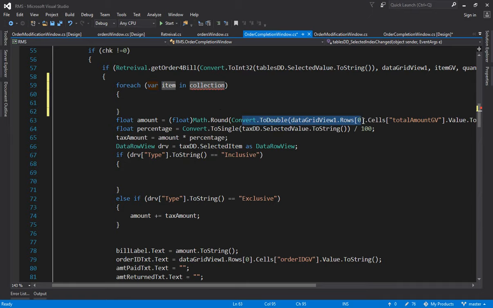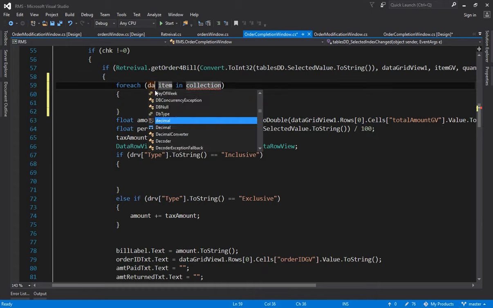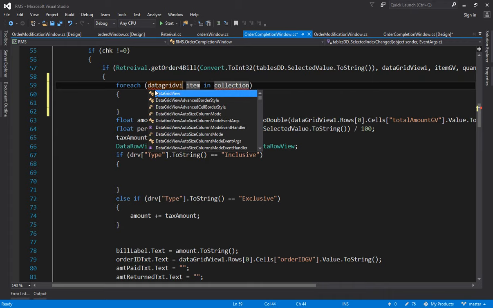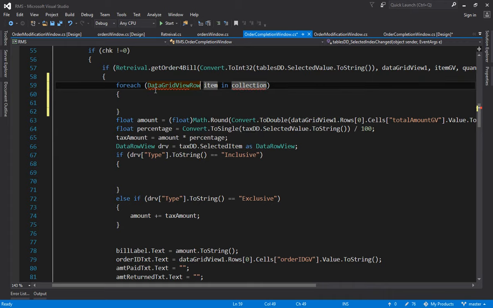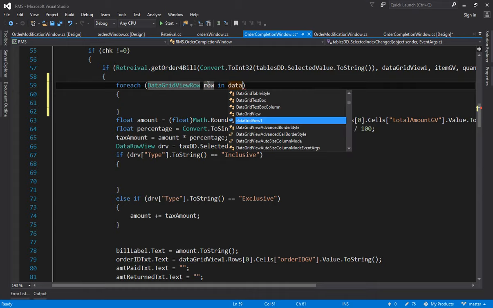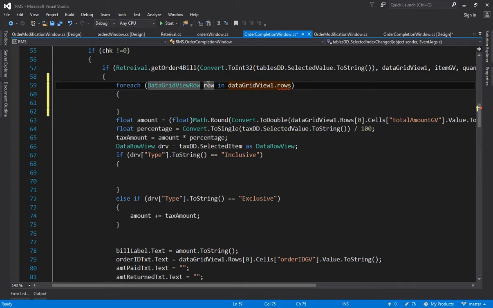In the previous lectures I have only picked up the 0th index, or the 0th cell or the 0th row, that means the first row total. So that's what now the correct thing. So for each row in DataGridView1.Rows: